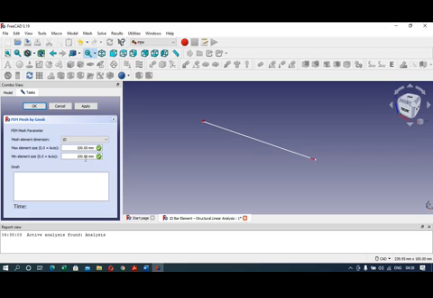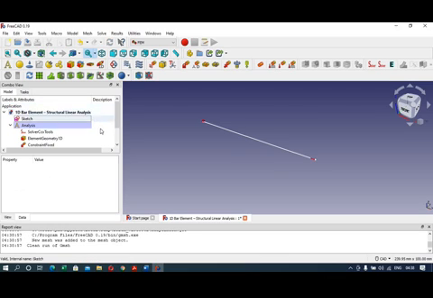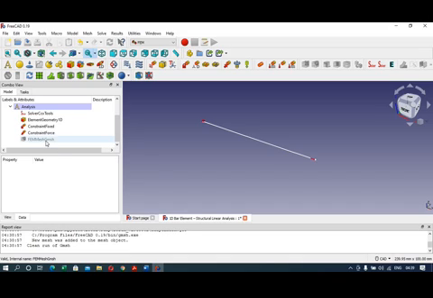Say for example, if we will enter here 50 value, then 2 elements will be created. So up to the middle portion first element, and from middle to the right portion second element. If you enter here 10 value, then the 100 divided by 10 means 10 elements will be created. So here we have entered maximum element size and minimum element size as 100. So only single element will be created. So apply and OK.